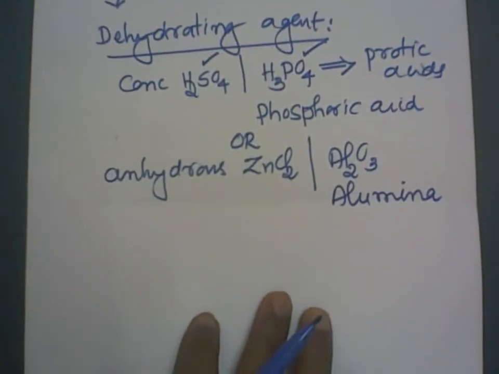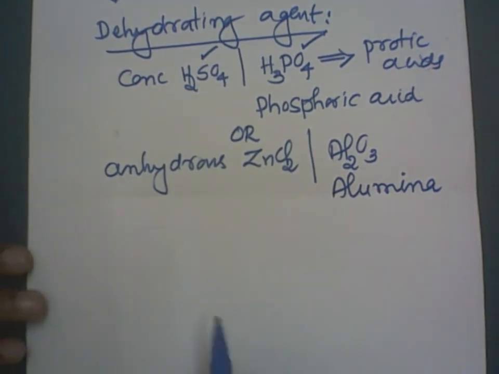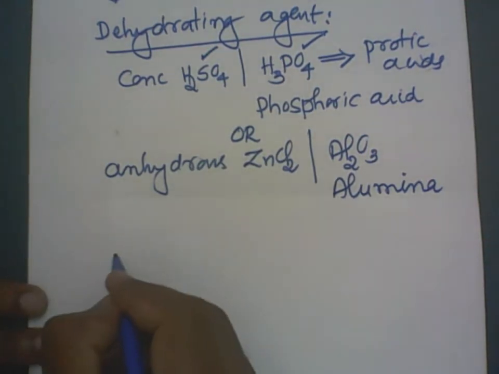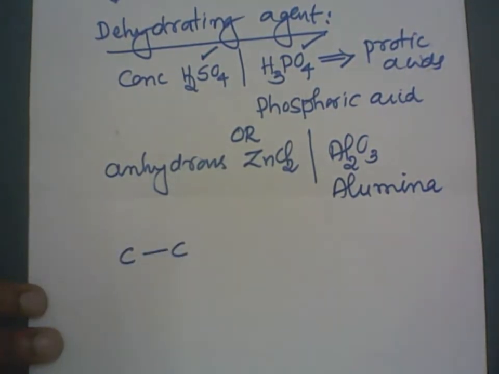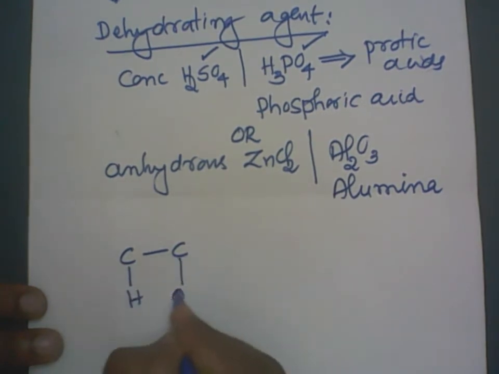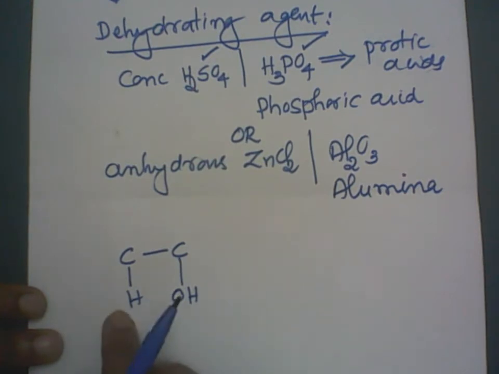Let me take some examples. The simplest example we can take is ethyl alcohol, but before that I'll write the general equation. I should have two carbon atoms. The given alcohol must contain at least two carbon atoms. Then hydrogen and OH should be removed from the neighboring carbon atoms, the water molecule H2O, remember H plus and OH minus. So we remove the two groups from the neighboring carbon atoms, the 1-2 position.